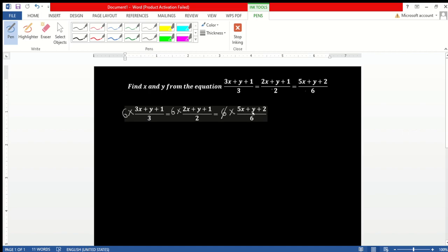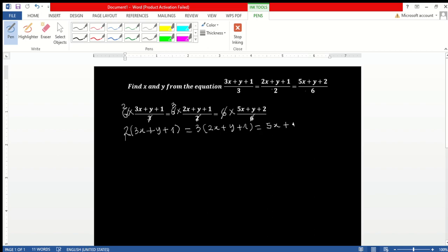So here 6 divided by 3, we obtain 2. And here 6 divided by 2, we obtain 3. So we have to rewrite this. This is 2 into (3x + y + 1), then you close the bracket, is equal to 3 into (2x + y + 1) is equal to 5x + y